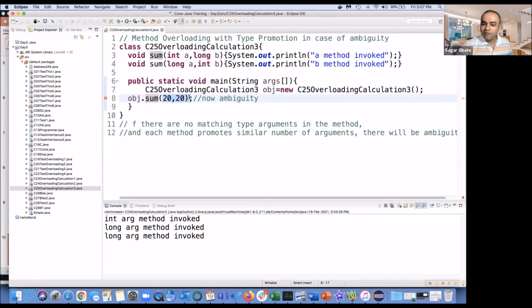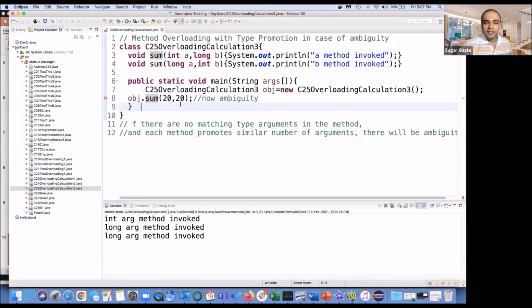So it is not giving you a runtime error. There are two kinds of error here. Whatever happens before executing the javac command is known as compile time. So your compiler itself is saying, boss, this is not possible, I am not able to decide which one to call.